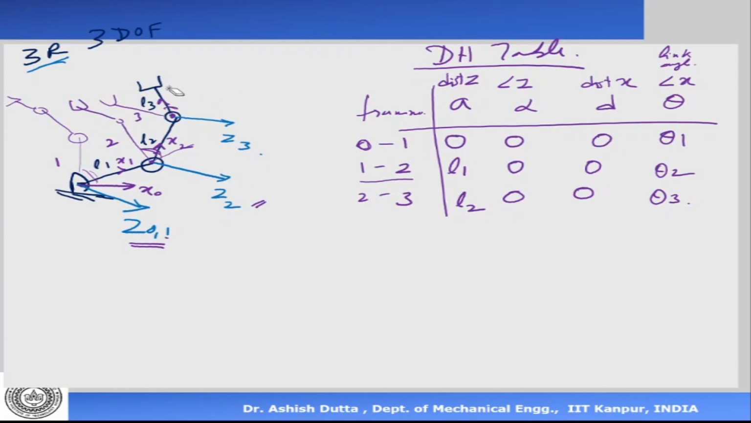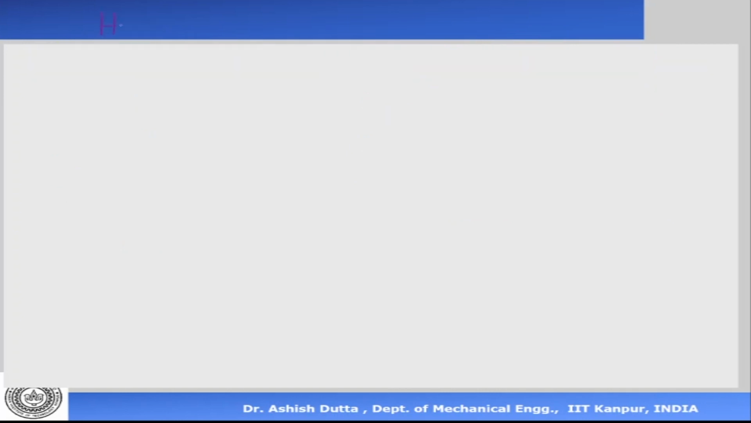Okay. Now what do we do with this? I need to find the transformation matrix between each of these frames, and then I can find the total transformation matrix between frame 3 and frame 0. Okay. So what is the transformation matrix between frame 1 and frame 0? It's a homogeneous transformation matrix. Just to revise what we had done in the last class, the homogeneous matrix